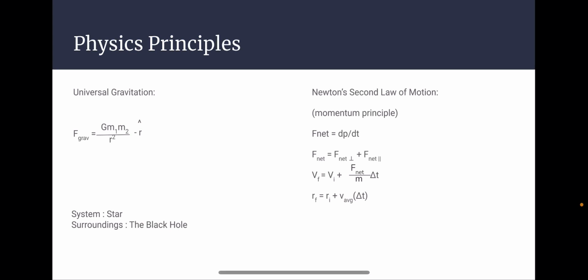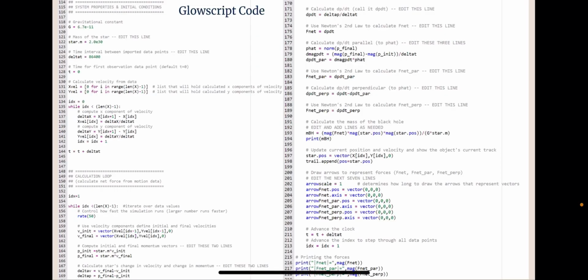Universal gravitation is represented by this equation right here, and then Newton's second law of motion, also known as the momentum principle, is change in momentum over time and is equal to its perpendicular and parallel components. We can also get the velocity update formula and the position formula out of Newton's second law shown here. I'll also go ahead and make a note that the system in this lab is the star and the surroundings is the black hole. To evaluate, we are using GlowScript code,